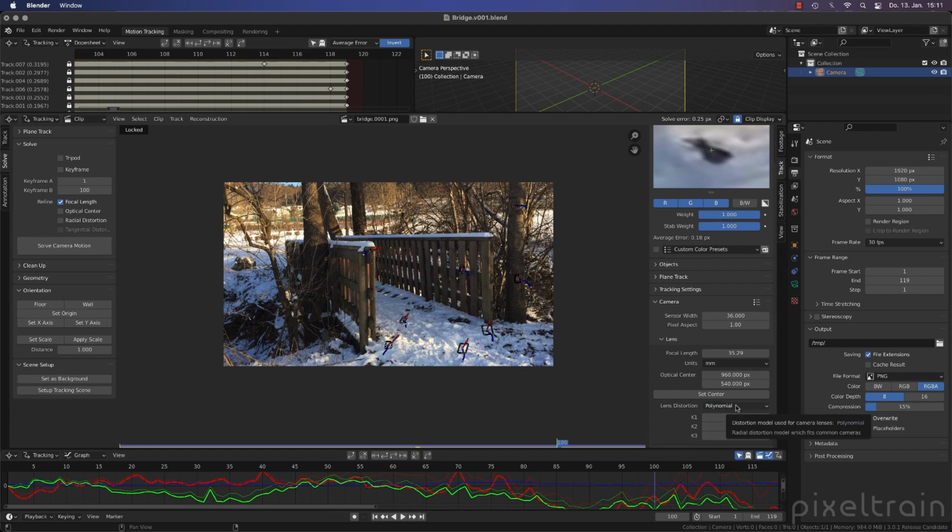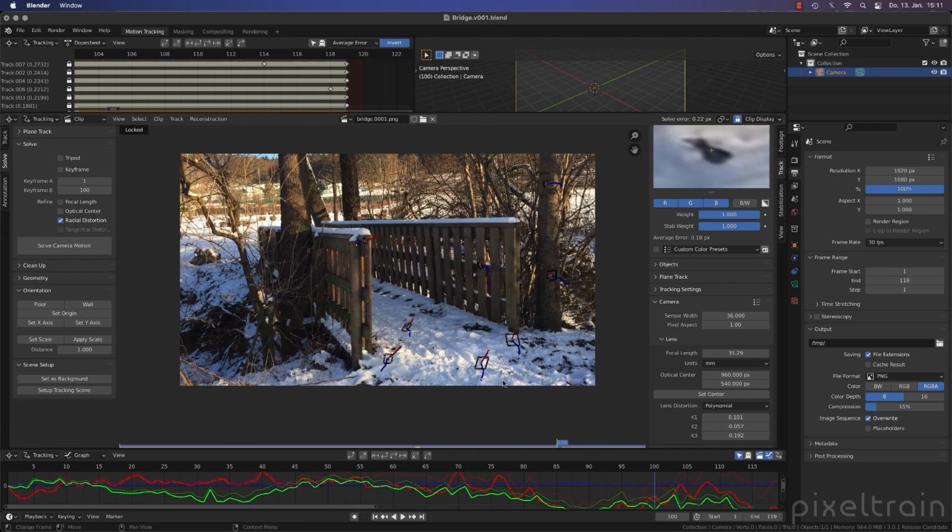So you can switch that. But I go back here now, and I say, okay, the focal length is found. I can deactivate that now because I don't want to recalculate the focal length anymore. But what I can do is I want to have the distortion here. So let's try to find that. And you see, we are even better here. The lens distortion mostly changes in these border areas of the plate, and we have trackers which are moving really close here. So that's the thing which happens here.